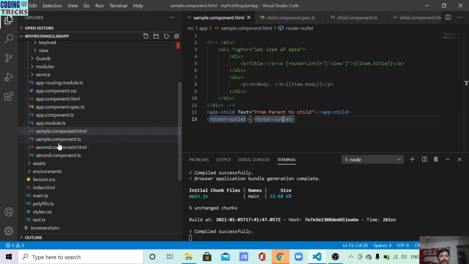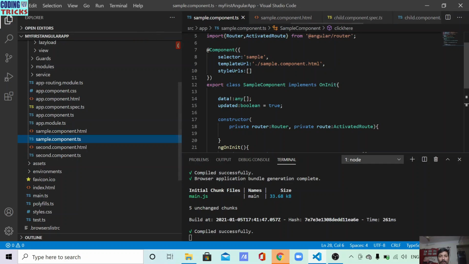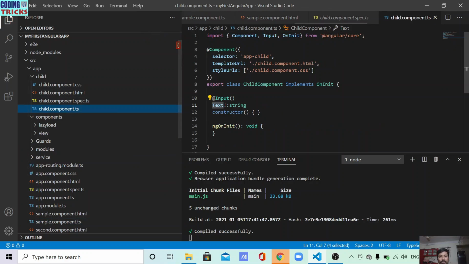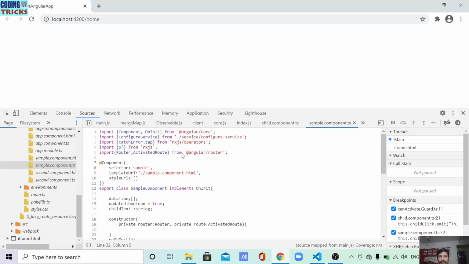So the input property is mandatory. If you don't have an input property, it will not work. You need to expose that as an input property. So I have exposed that as an input property, and I want to pass a value from parent to child. That's all I have done. And when I come here,